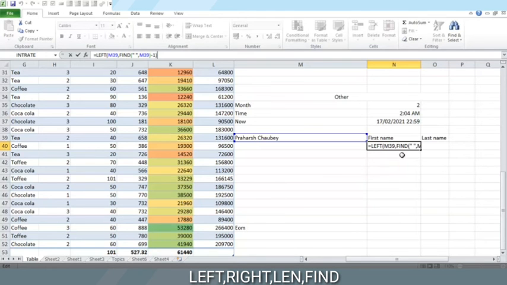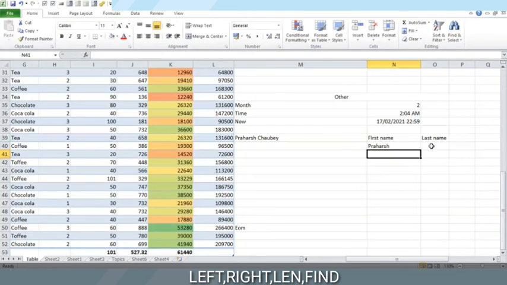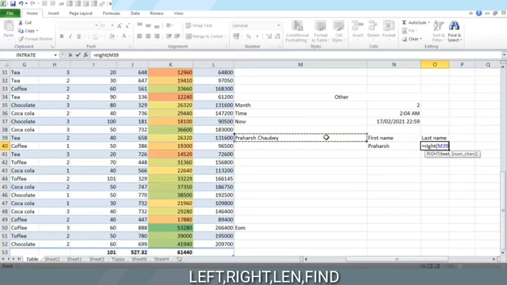How do we find the last name now? The easiest method is we use the right now. This is the text, but the number of characters would be found differently. Find always counts from left to right, but here we have to move in the opposite direction.